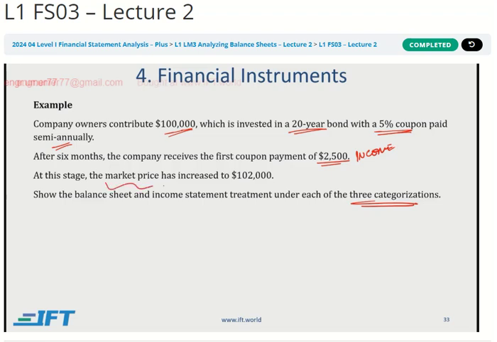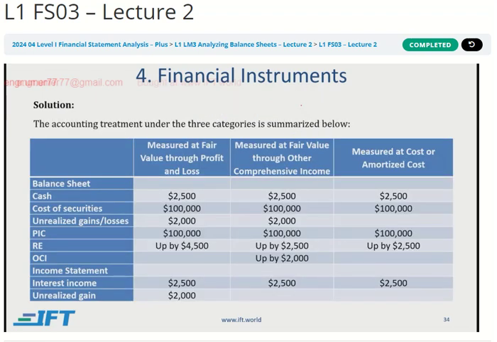However, the market price has increased. So there is an unrealized gain of 2,000. This is going to be different, right? For held till maturity, it will not be recorded. For held for trading and available for sale, it will be recorded, but the difference will be that in held for trading, it will pass through the income statement. Available for sale, it will not pass through the income statement. So let's have a look at the solution, and let me discuss with you each of these one by one,